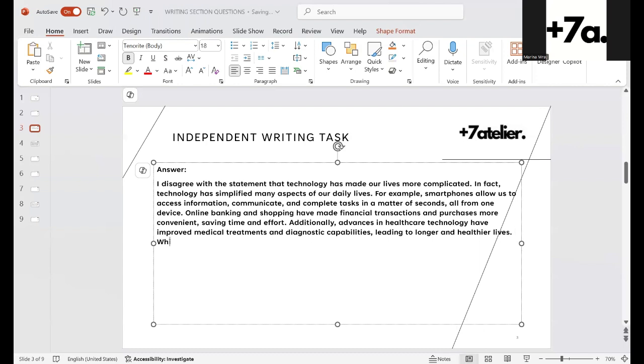So we can say, while it is true, so we agree with the statement that sometimes technology is not good, that while it is true that technology can sometimes present